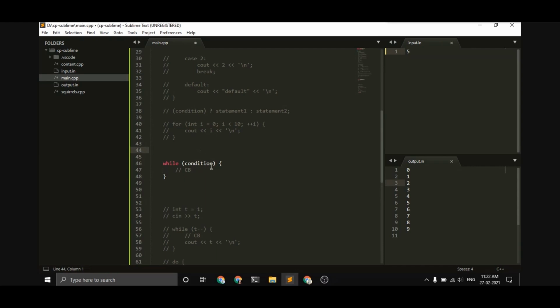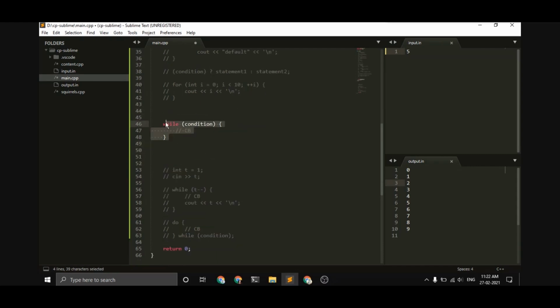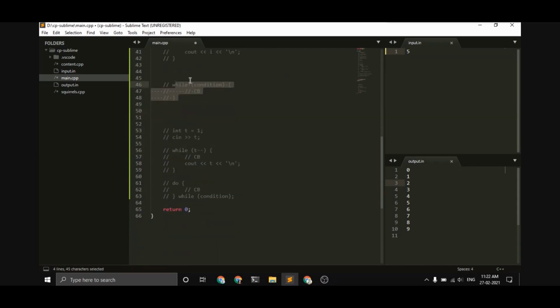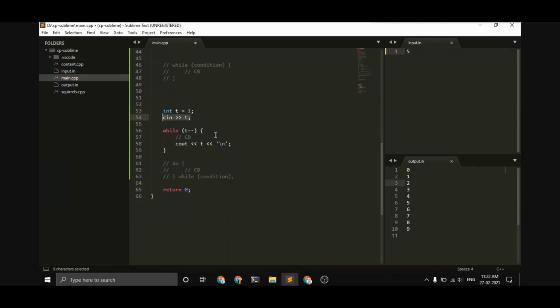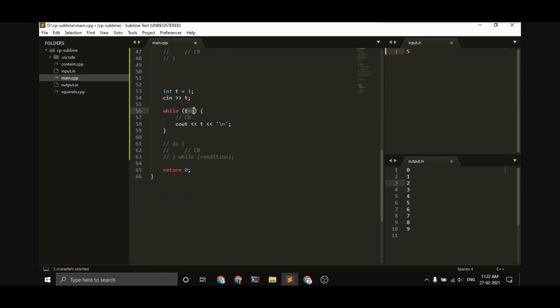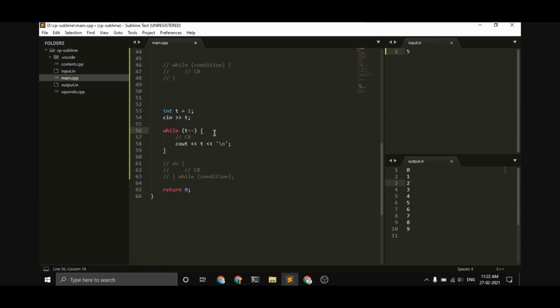We usually use this while loop for getting t test cases as an input. Basically, we take t as an input, and then till t minus minus. So we have written t minus minus as the condition here. So basically, any integer except 0 is true, and 0 only evaluates to false.